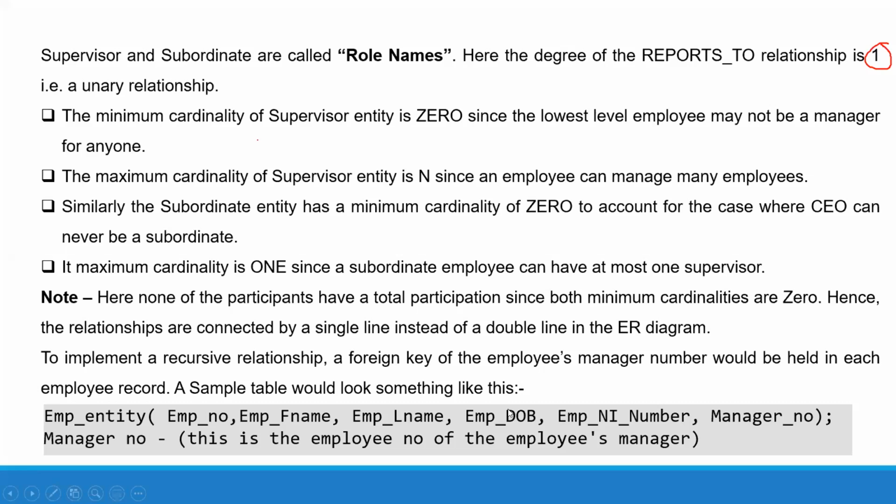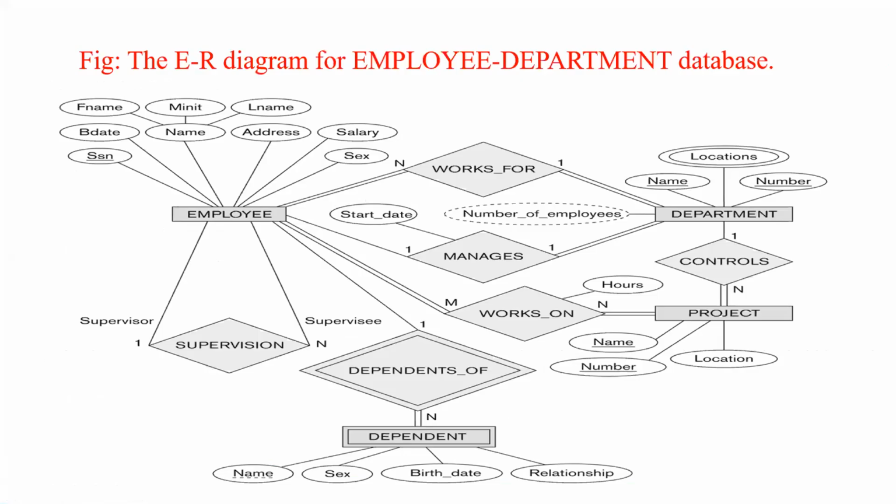Okay, this is recursive relationship, and these are the examples for ER diagrams. ER diagram for employee department database. So try to understand employee department in an organization. You can take the employee. These are the attributes. SSN is underlined, so that means it is a key attribute. Again, this name has 3 attributes, that is, this is a composite attribute.